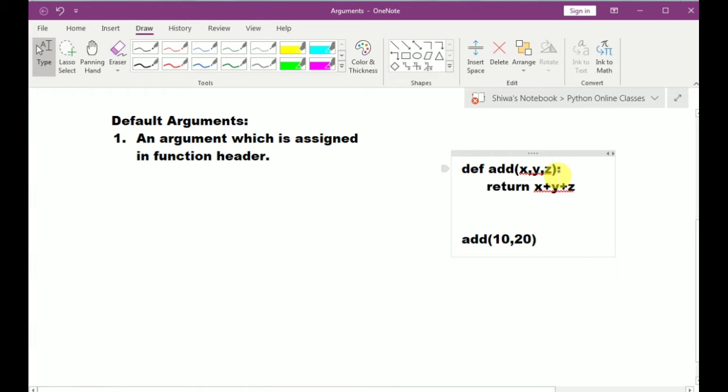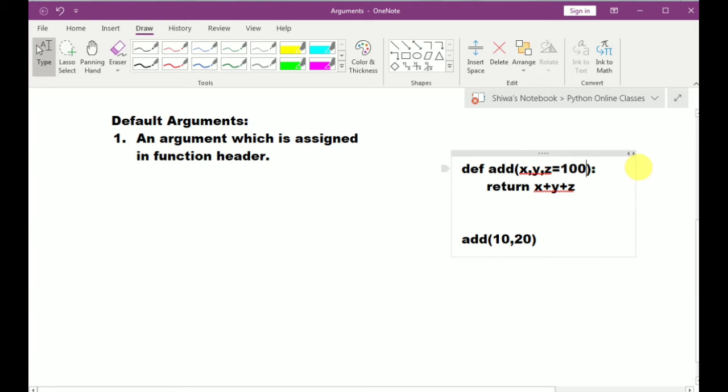In such cases, now this is the function header. def add x, y, z is the function header. In the function header, I am assigning a value to an argument. So an argument which is assigned in the function header is called what? A default argument. Now for this z, I am giving the value 100.